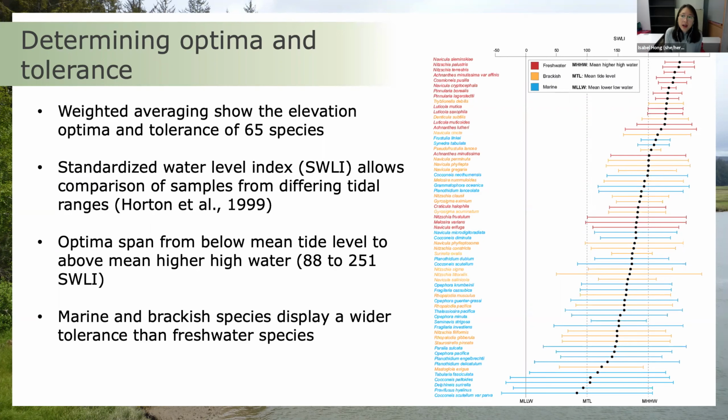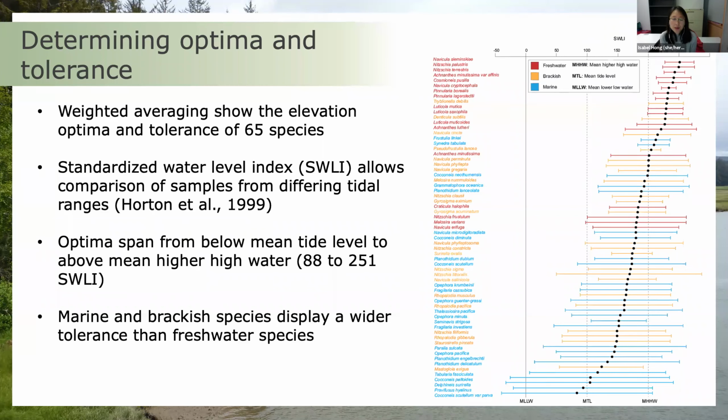And so looking then at species and indicator species to talk about ways in which we could characterize these different intertidal zones, what we then saw was that species with the most narrow elevation tolerances tended to be species observed to have more of a freshwater preference, such as Cosmioneis pusilla, Luticola mutica, Nitzschia terrestris, and Pinnularia lagerstedtii. And these tended to be species that would be indicative of these high marsh or upland environments.